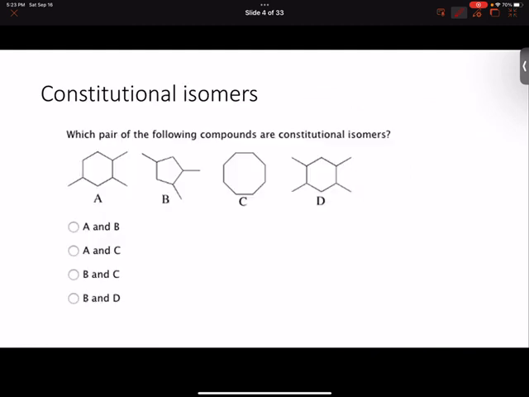And then the next one: which pair of the following compounds are constitutional isomers? So constitutional isomers normally have the same molecular formula, let's say C3H8 for example, but they're just going to be represented differently. So if we do this,